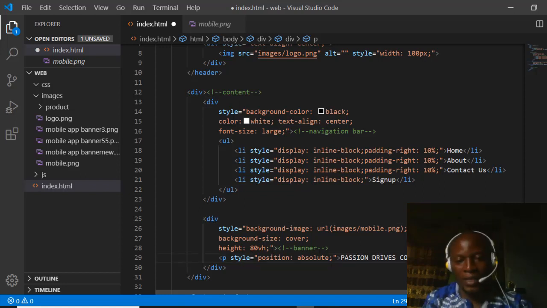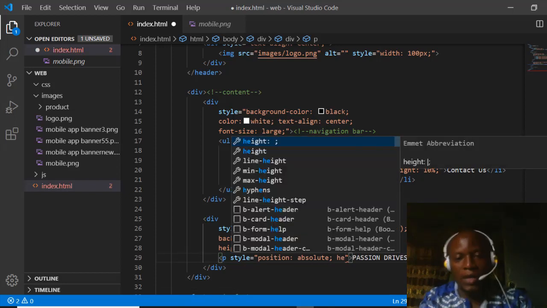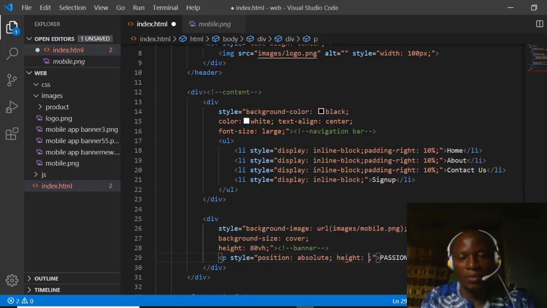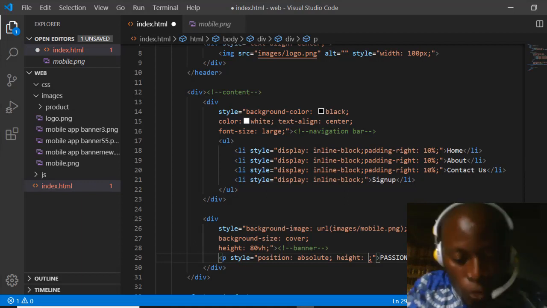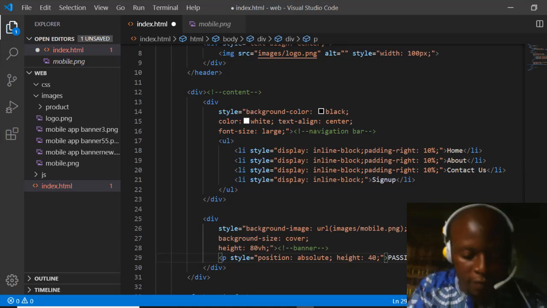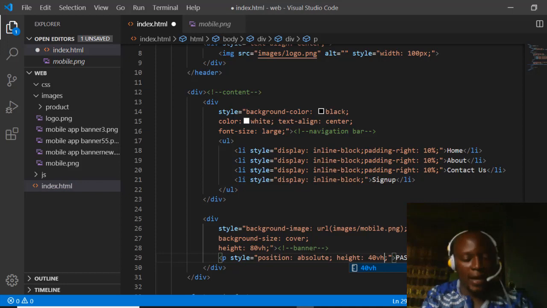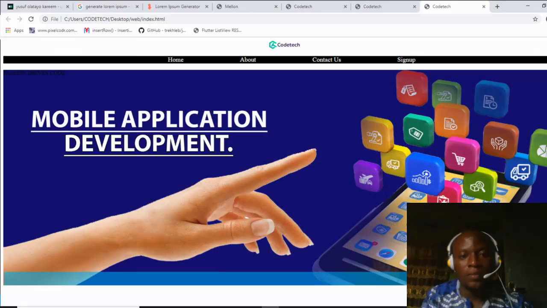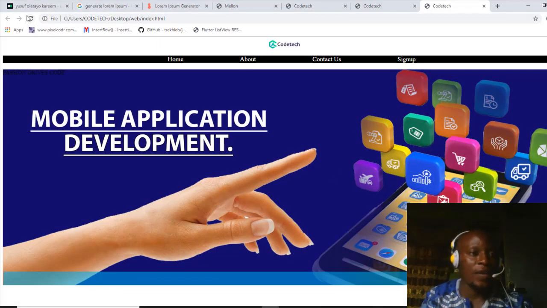And to bring it out a bit, I am positioning a box in a house, something like that. So do not forget that the height is 80. So half of 80 is what? 40. So maybe you are also specifying height here, and you want to give it 40 VH, something like that, and you want to hit Ctrl S to save your job. Then if you head straight back here and you refresh,